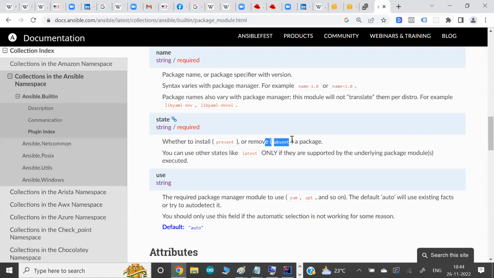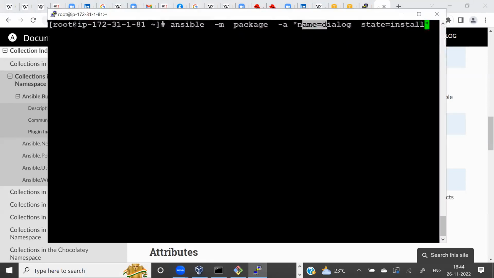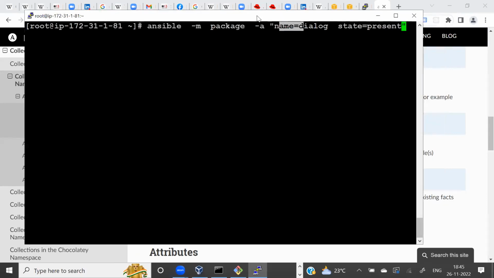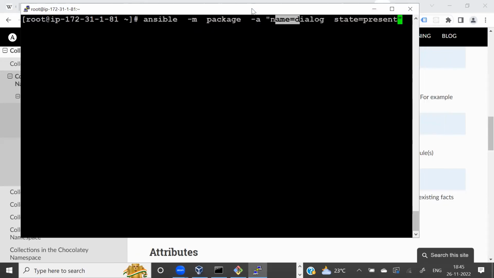It means this document helps us, whatever I write is wrong. If you want to install the software, the keyword is not installed, the keyword is present. So to use present here, I wrote it wrong. You don't have to memorize these keywords, right? We have to use Ansible, and whoever created Ansible created documentation for us. So we should know the approach, but we shouldn't memorize these keywords because there are hundreds of modules.